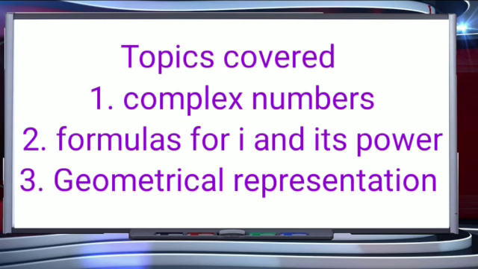So today we have covered the following topics. The very first was the introduction of complex numbers. We have seen that complex numbers can be written in the form a plus b iota, where a stands for the real part of the complex number and b for the imaginary part. Next, we learned what the powers of iota are. We learned that iota square is minus 1 and iota raised to power 4 is 1, the two important things that we need to keep in mind.